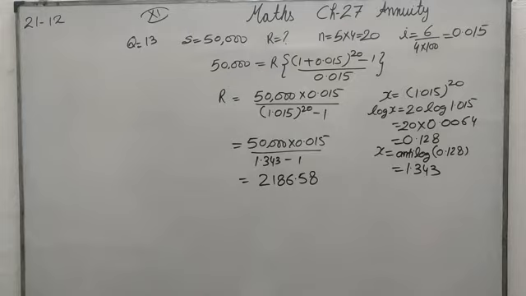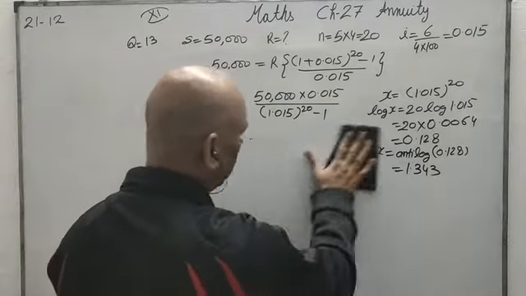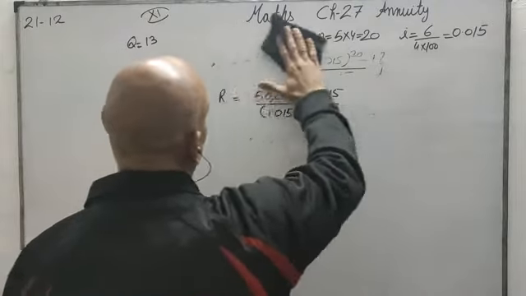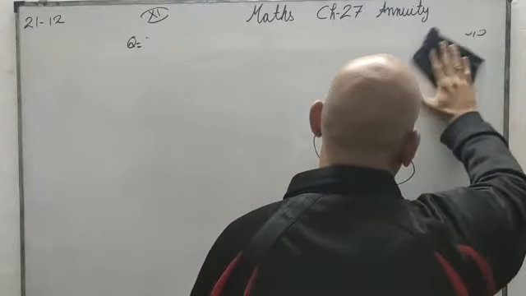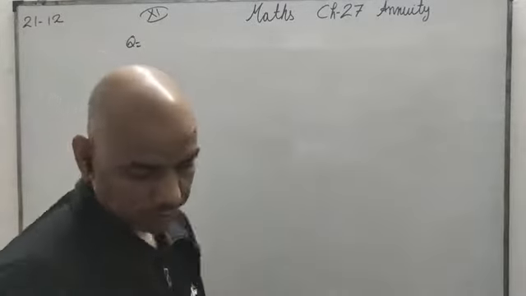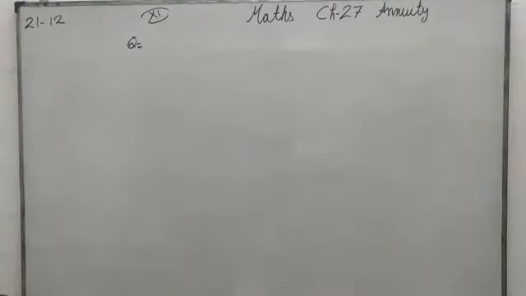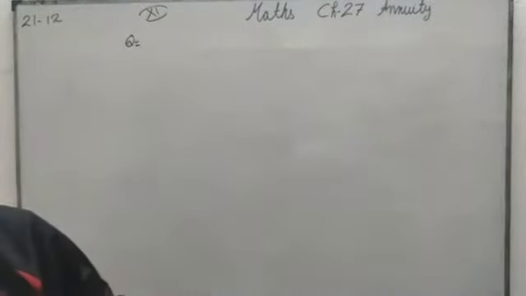Let us see a practical problem based on this annuity, how it is useful for companies and in general for the public. This was for the general public, and now we will use it for a company. You can calculate that if the rate of interest is going on like this for the next few years, how much we will have to invest every month. Okay, now we are solving question number 17. A machine costs 98,000 and its effective life is estimated at 12 years.